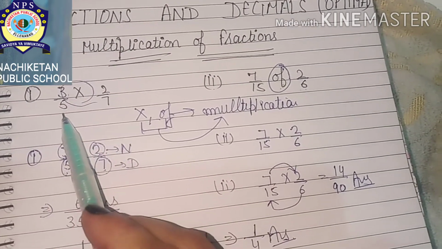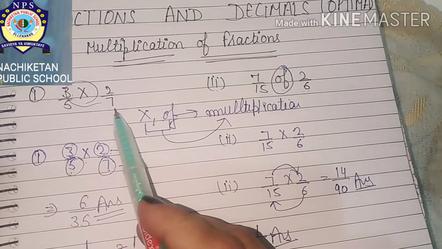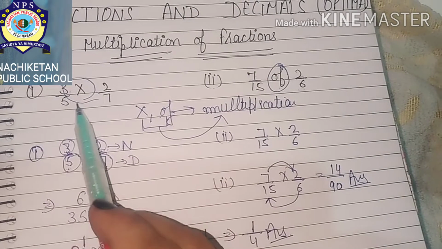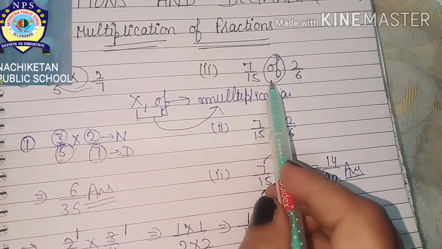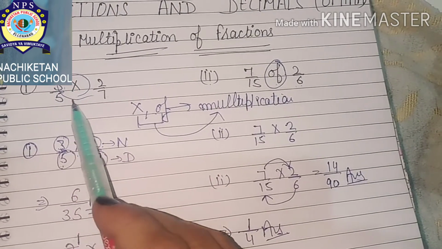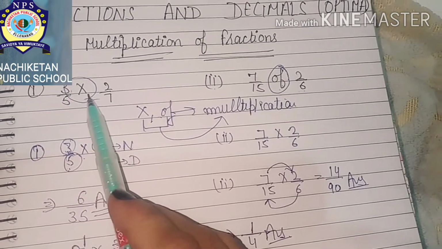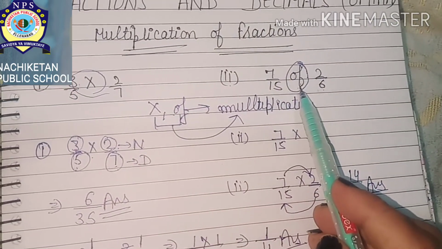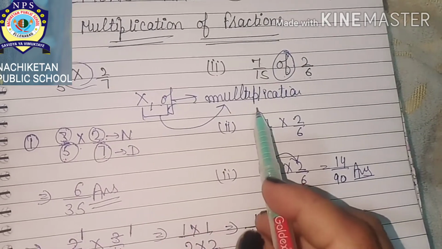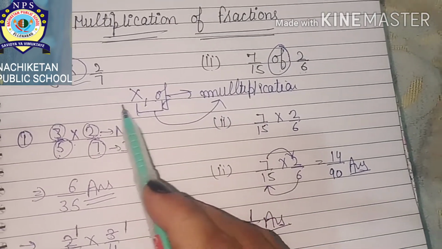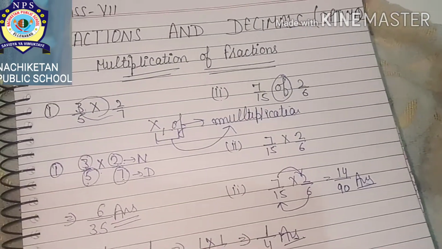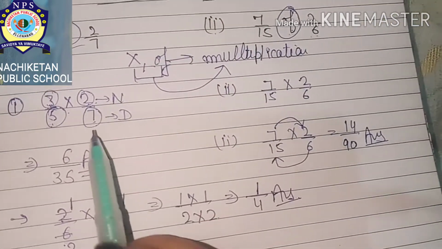Suppose I have a first fraction 3 upon 5 and a second fraction 2 by 7. Here I have taken two examples. The first one is this one and the second I have taken like this. Clear? Now I want to tell you one thing: here I am using the sign of multiplication and here I am using the sign of "of". Both of these always indicate multiplication. Multiply and "of", these two signs always indicate multiplication. Clear? Okay, now how will we do the multiplication?